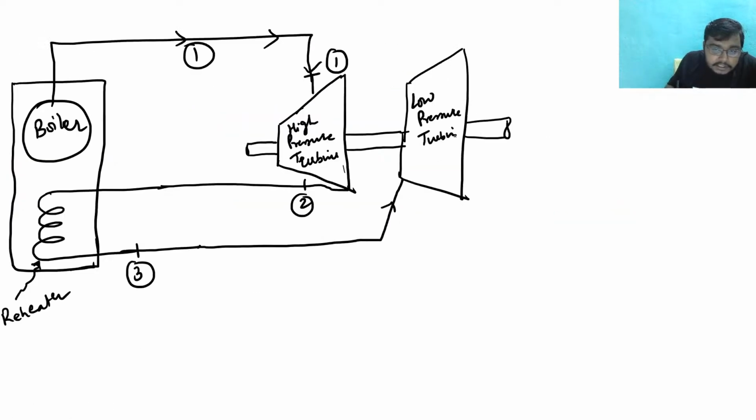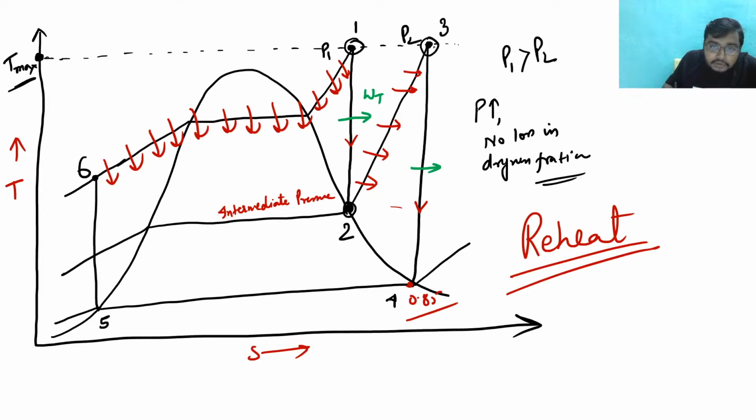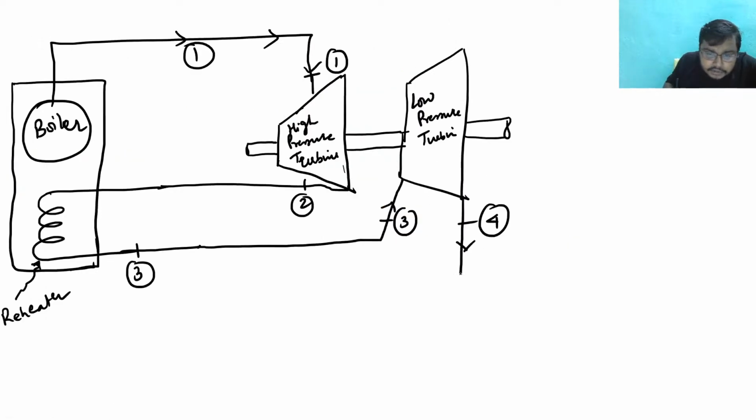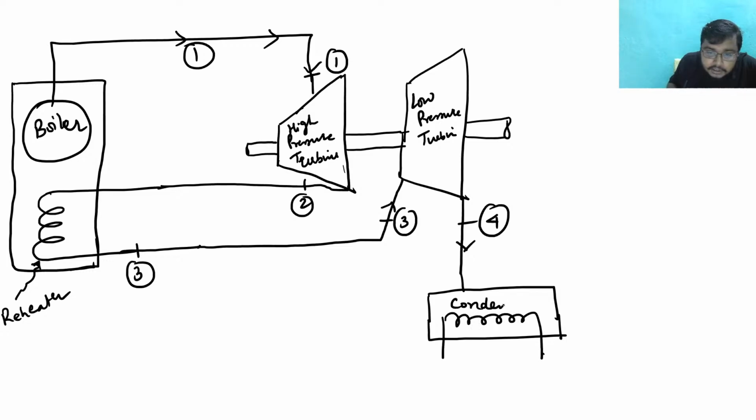After it reaches the low pressure turbine, again it is expanded. So this is state 3, this is state 4, right? 3 to 4, see here. Now once it is reaching state 4, again I am using my condenser, and in this condenser cooling would be there. So this is the condenser, and from this condenser